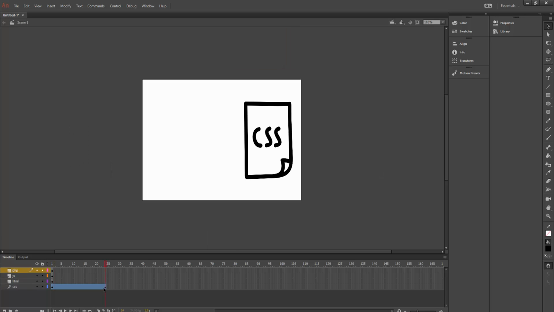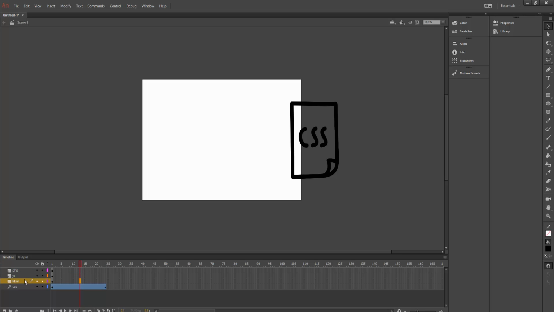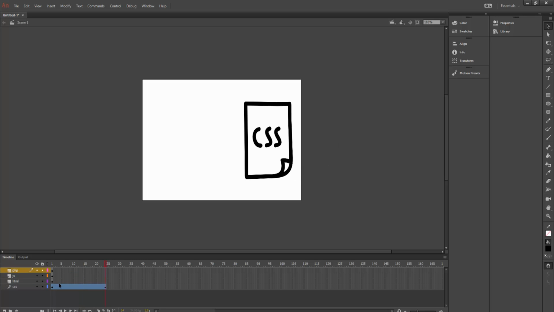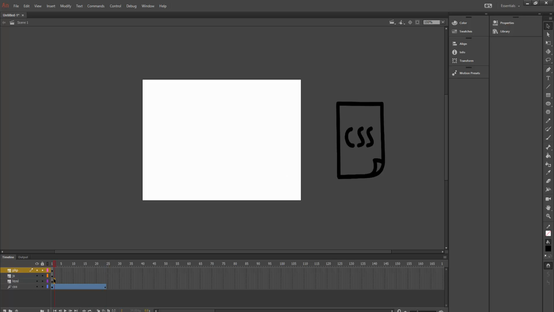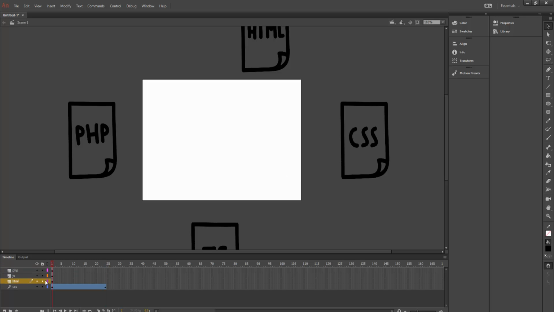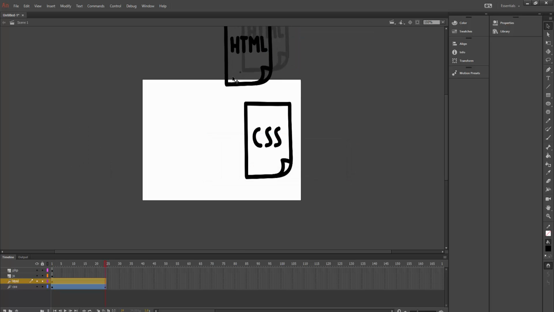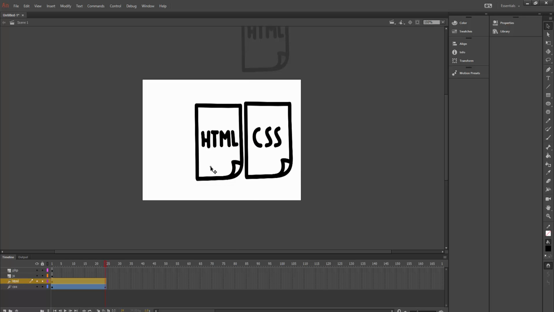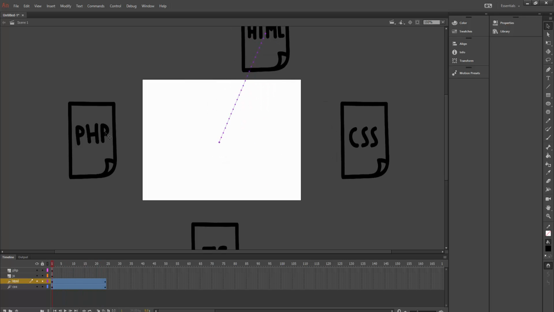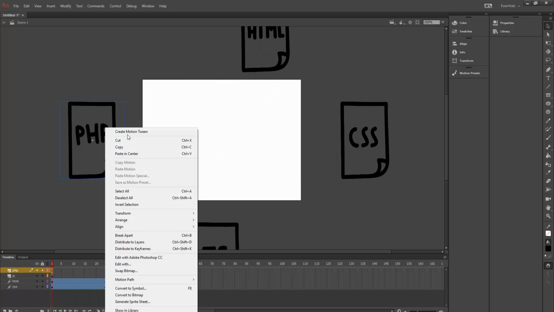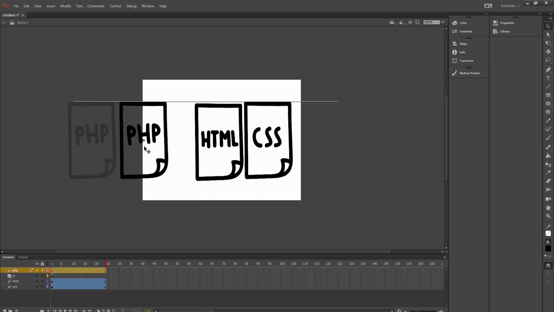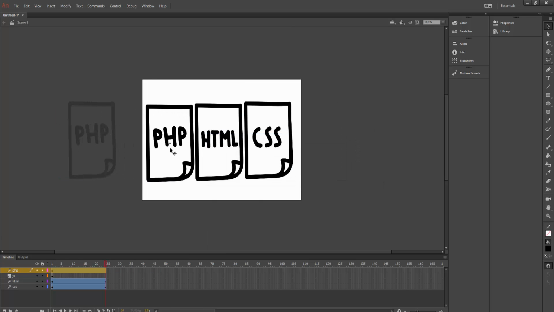So I'm not going to make it go past 24 frames. I'm just going to do it on the rest of them now. So I'm going to go to HTML, do the same thing, create motion tween, and drag it where I want it to be. Now I'm going to go back to the front. Now the PHP, create motion tween. I'm just going to do that. And for the JS,